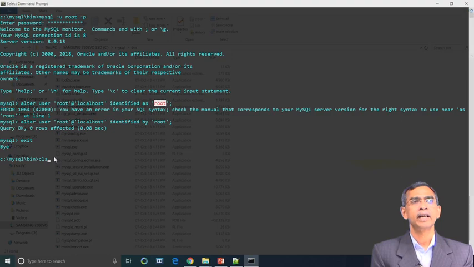So here you see the ALTER USER command: the user at localhost identified by this password. We set for this MySQL server the user ID as root and the password also as root. So, this is the login and password.